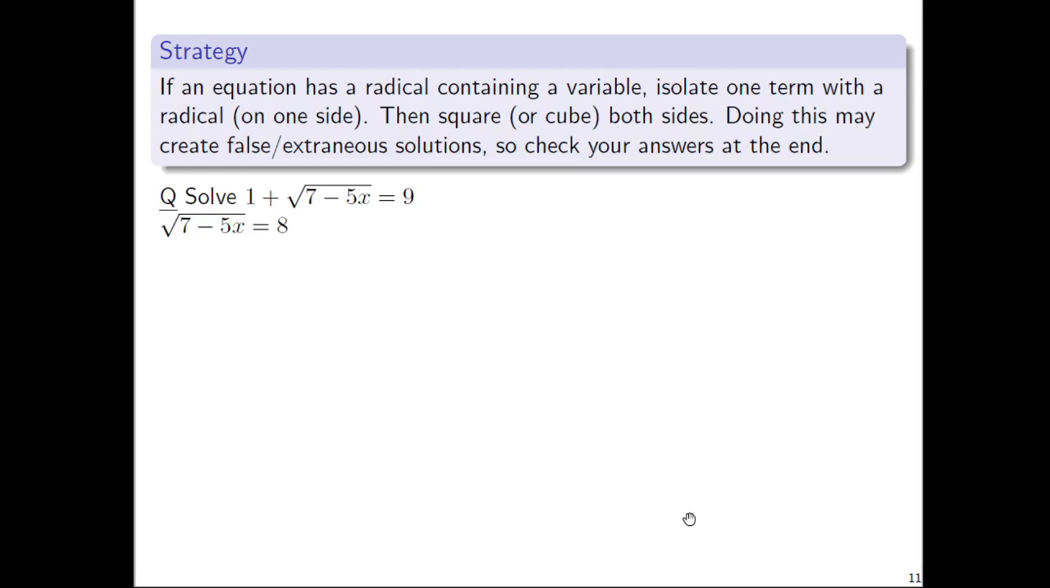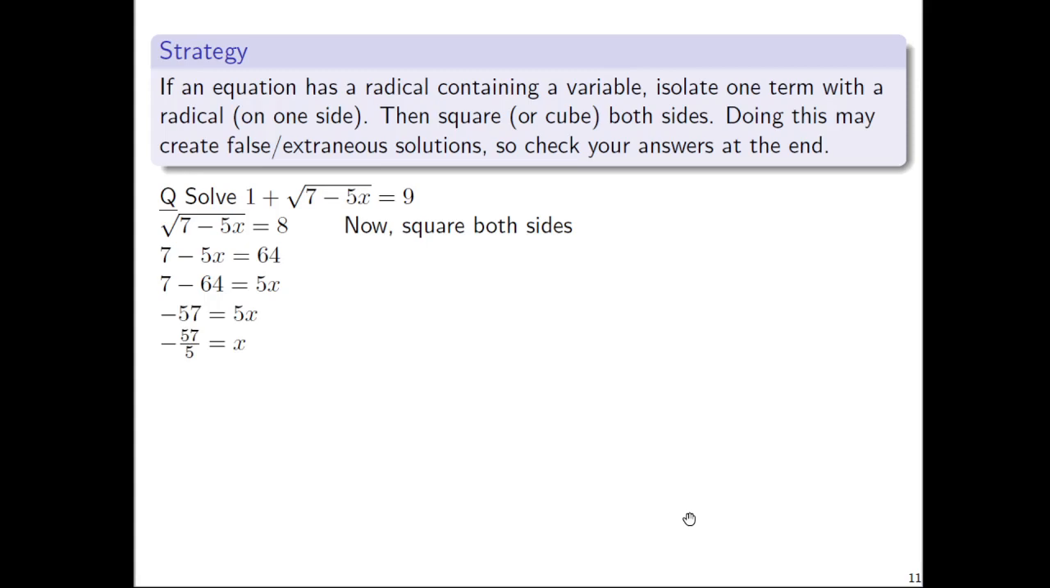Now that we've got the radical on one side by itself, let's square both sides. On the left side, squaring is going to undo the radical symbol, so you have 7 minus 5x. On the right side, squaring 8 is going to give you 64. Now we can subtract 64 on both sides and add 5x on both sides, simplify the left side, so now we'll have negative 57 is equal to 5x, and divide both sides by 5, so x is equal to negative